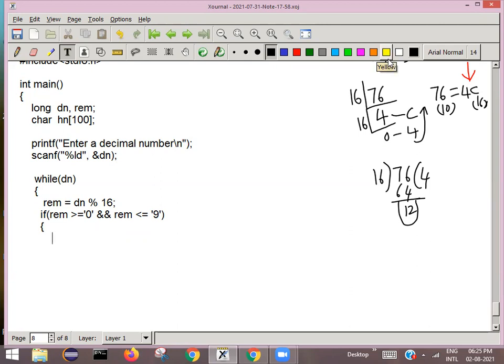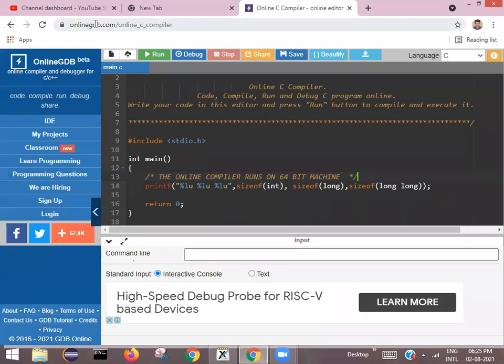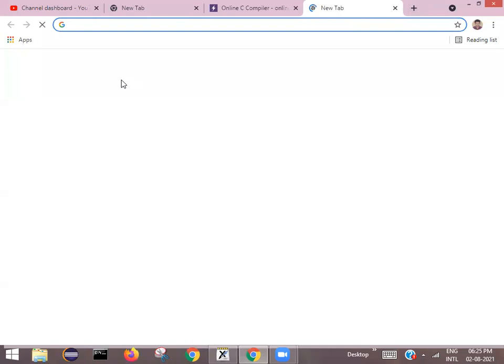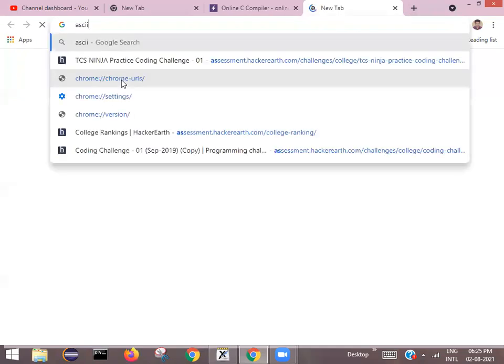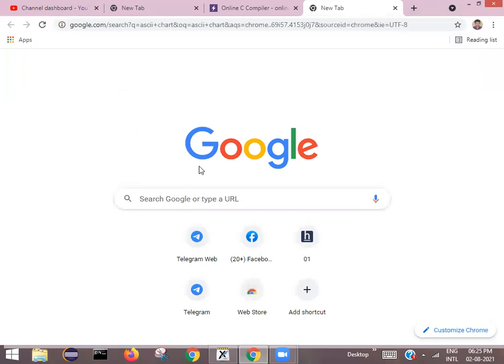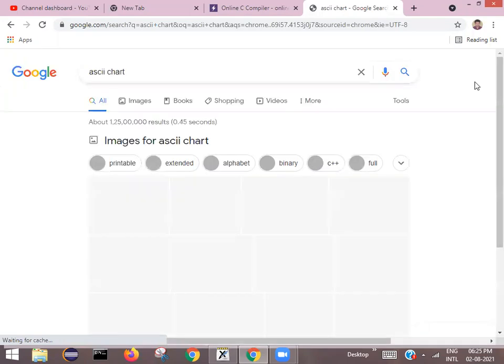So what I do is, let me just open the ASCII chart. Do you remember the ASCII value of 0? ASCII value of small a, ASCII value of capital A?